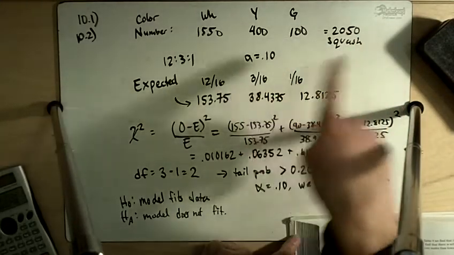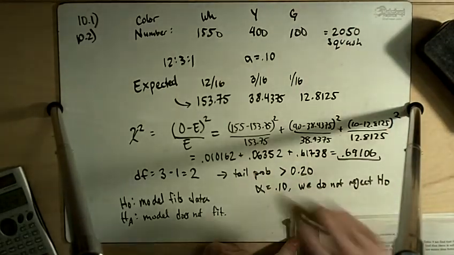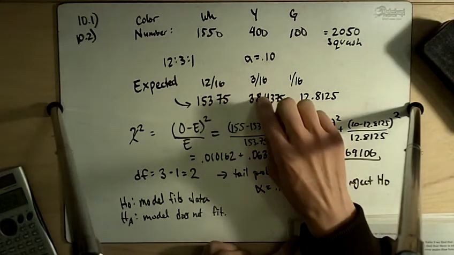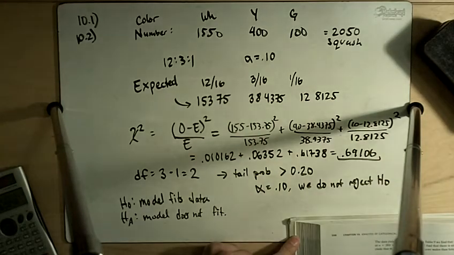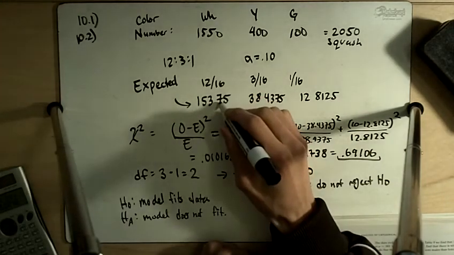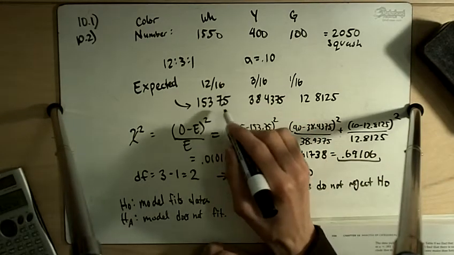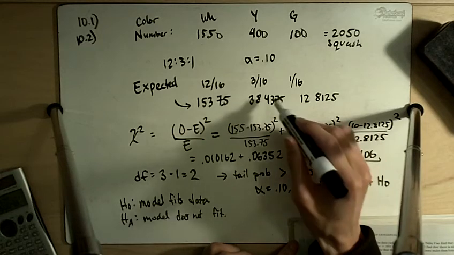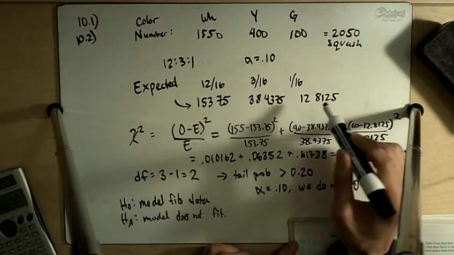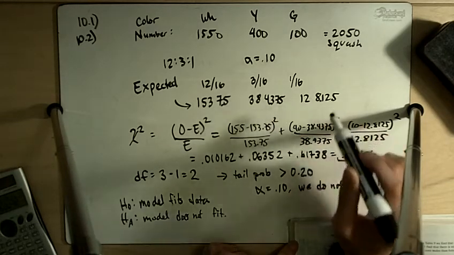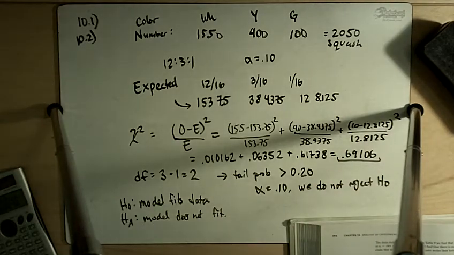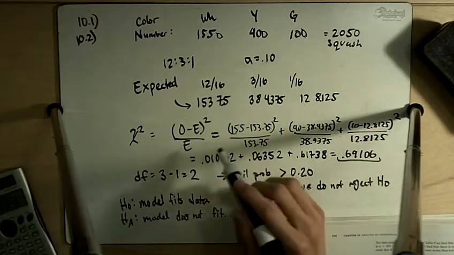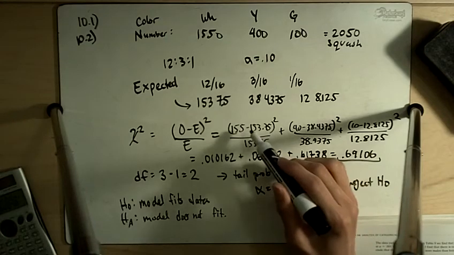times 2050, and we made this number 10 times bigger. Our expected numbers just become 10 times bigger. So these become 1537.5, and here we have 384.375, 128.125. And one of the neat things is because of these